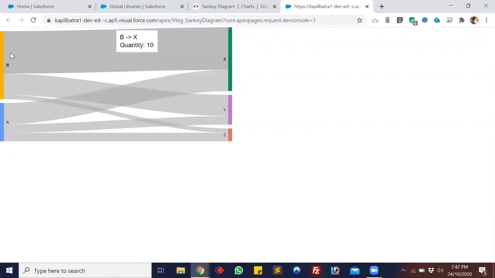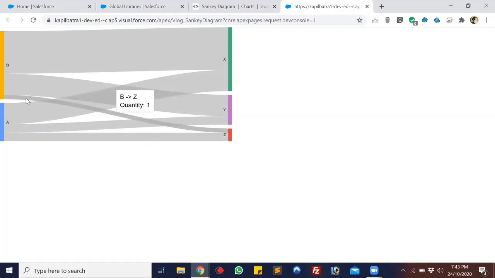Okay, guys, so as you can see, on the left side are my libraries. I have library A and library B, and both of them have books X, Y, and Z. As you can see, these nodes are mentioning the quantity of the book which is connected between libraries and books. So library A has 5 quantity of book X, library A has 2 quantity of book Y, and 2 quantity of book Z. And let's move to B. Library B has 10 quantity of X, 5 quantity of Y, and 1 quantity of book Z.